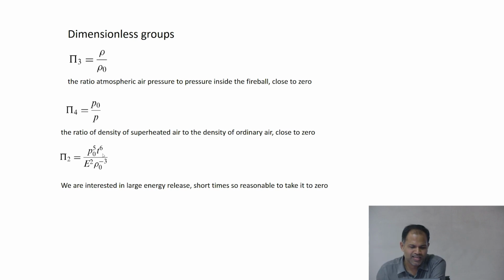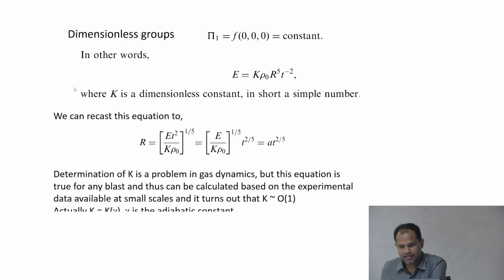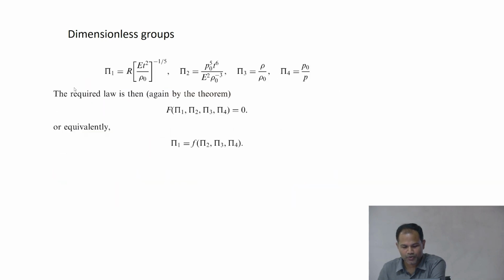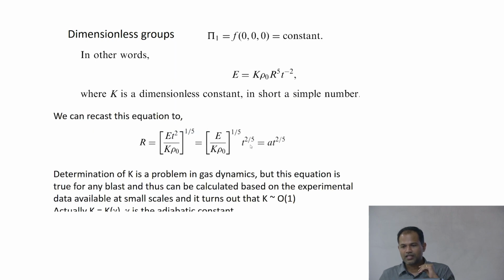So in other words, what he said is that I look at that situation in which pi 3, pi 4 and pi 2 are very small. Okay, if you do that, then originally you had pi 1 written as a function of pi 2, pi 3 and pi 4, and now you are saying that you are going to make pi 2, pi 3 and pi 4 very small, or in other words, that would amount to saying that pi 1 is some function which is not dependent upon anything else, and therefore pi 1 is a constant, or some number, whatever it is.